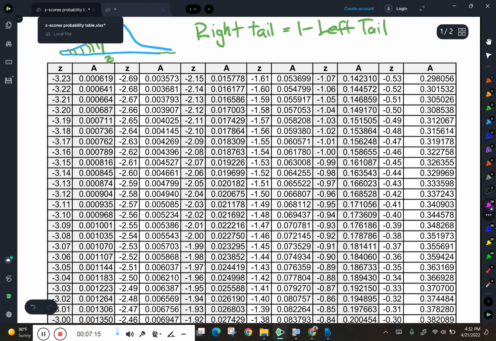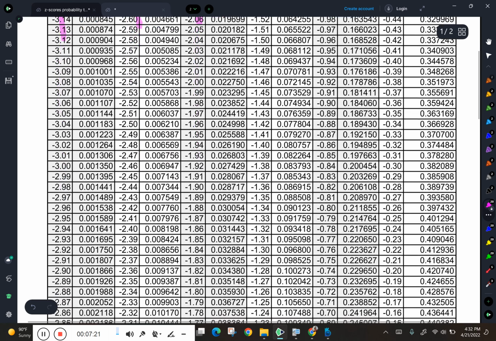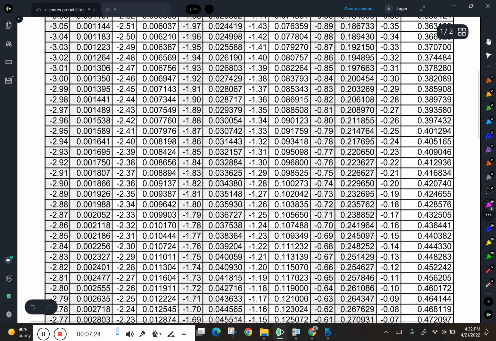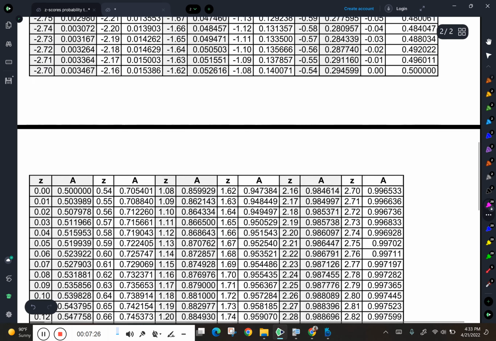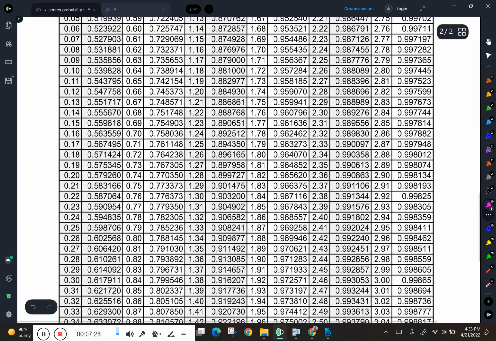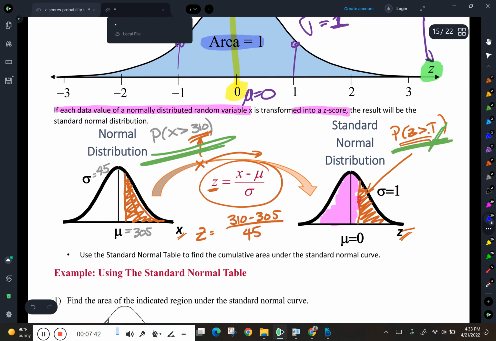All right, so I'm going to come back over here and I'm going to look for a z-score of 0.1 repeating. Okay. You notice these are all negative z-scores, so it's not here. Keep scrolling until I find it. Ooh, these are positives now. Ooh, there's a 0.11. That's probably as close as I'm going to get. And that 0.11 gives me an area of 0.543795. So this left piece here